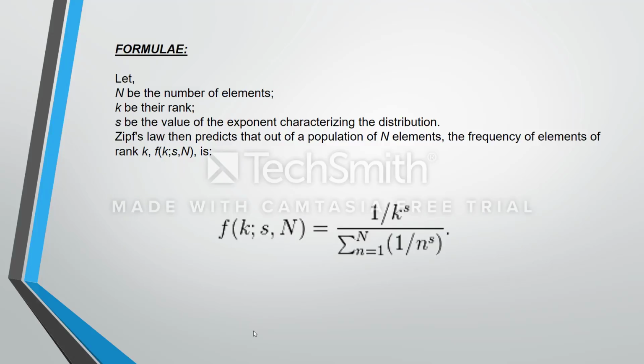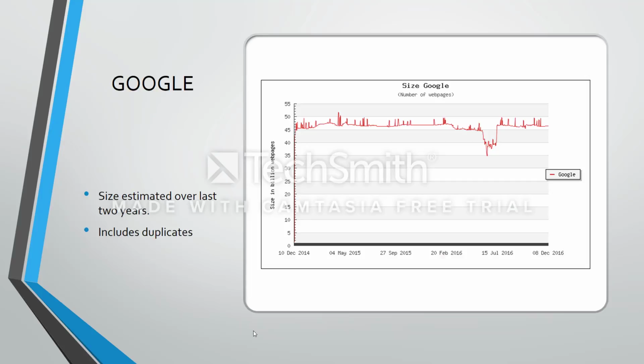The formula for Zipf's law is this: if N is the number of elements, k is their rank, and s is the exponent characterizing the distribution, then it predicts that out of a population of N elements, the frequency of elements of rank k is (1/k^s) divided by the sum from n=1 to N of (1/n^s). Now, this is a graph of the size of the web estimated by the Google search engine